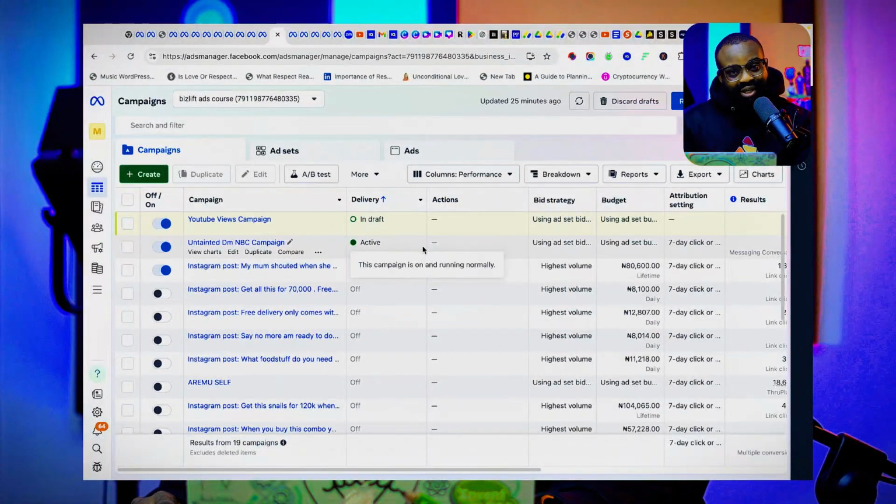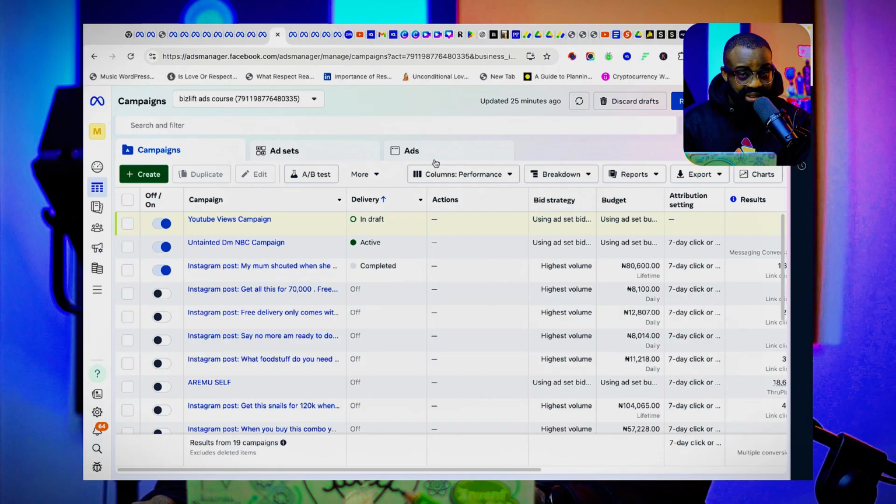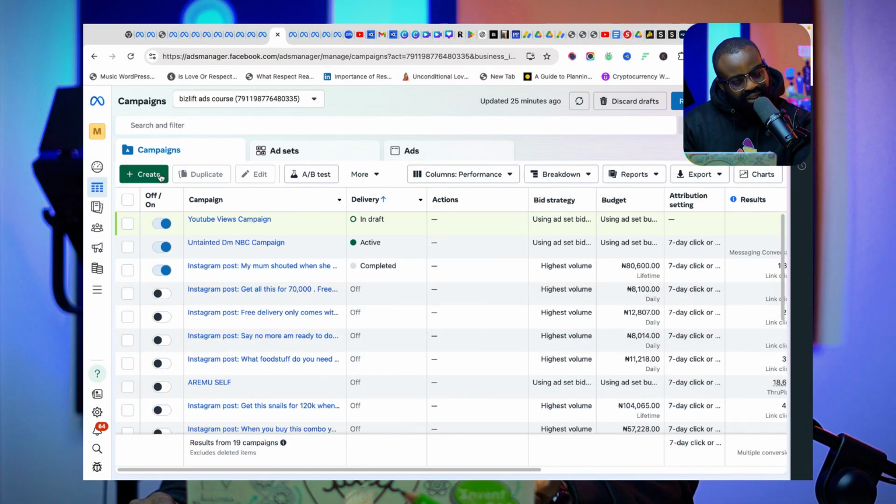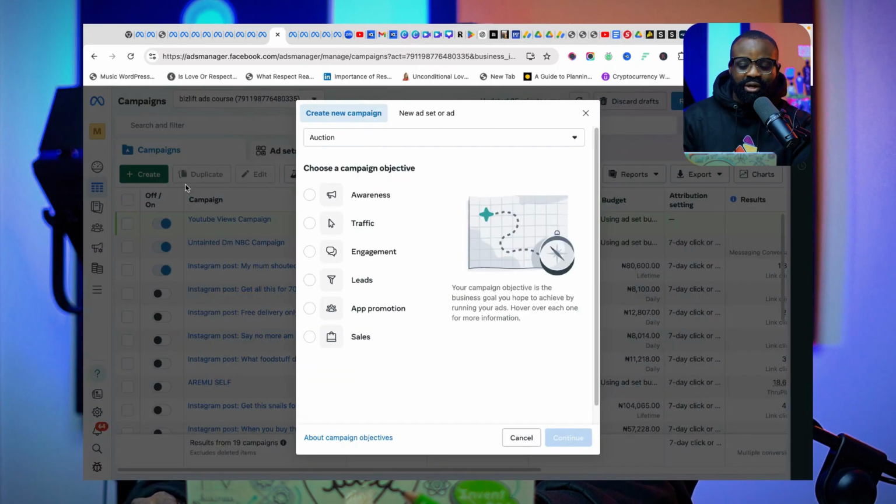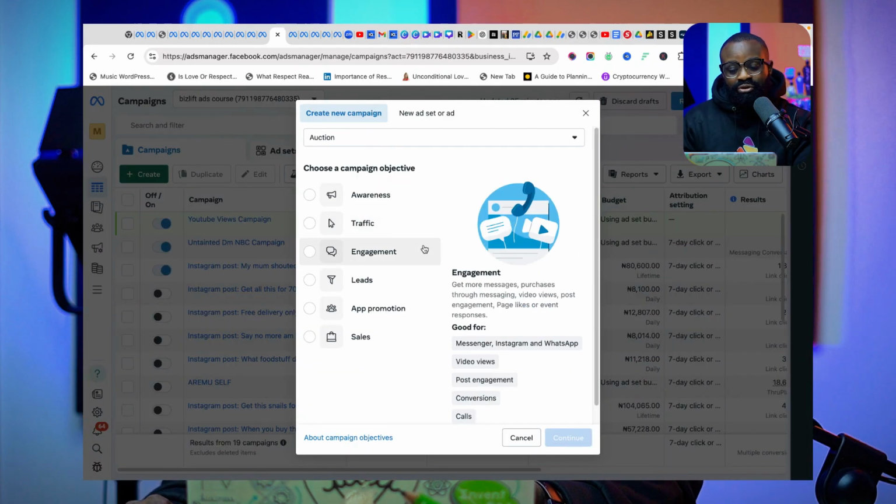Okay, right? I'm sure you can see my screen already. So now I'm right here on my ads manager. I want to run a multiple ad for a business that sells foodstuff, for example, right? So I'm going to click on the create button, and then the next thing I'm going to run now, this type of ad or this type of strategy works with any type of objective. Any objective you're running, you can use this strategy I want to show you.